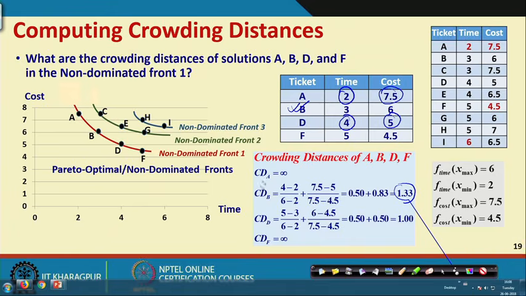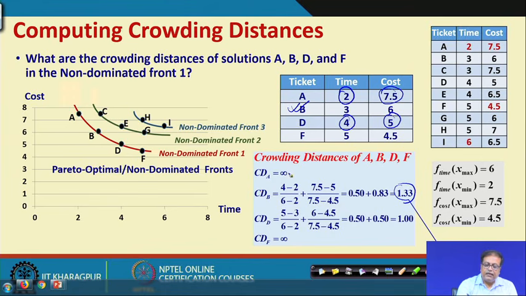So, now suppose we have to choose any 3, which 3 should we choose? Obviously A, because it is infinity, obviously F because it is infinity, and out of B and D, which one is higher? It should be B, because the crowding distance is higher. That means B is in a less crowded region, is all right. So, that is how the crowding distance is to be brought in for making a choice of the solution which will go from one generation to the other generation, right.